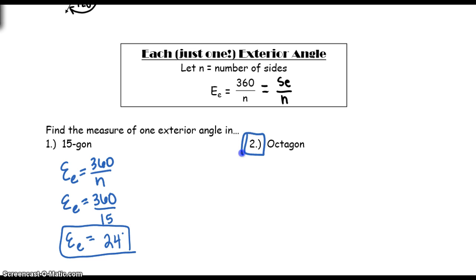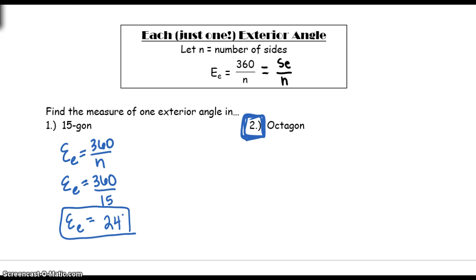What I want you to do is do number two for class. Complete number two and bring that to class. You can go ahead and pause it here and do it, or you can go back and do all of them at once, but bring that to class. And there is one more type of problem that I'm probably going to talk about in class,